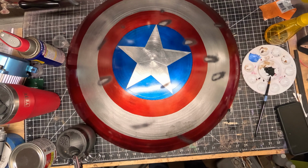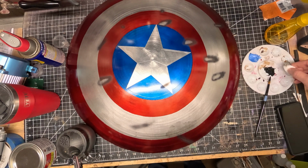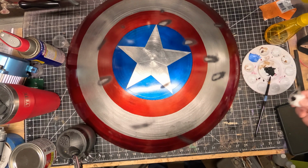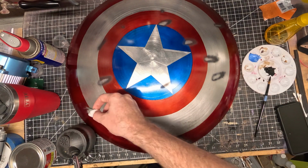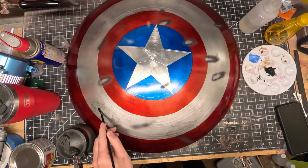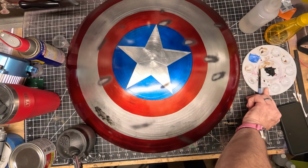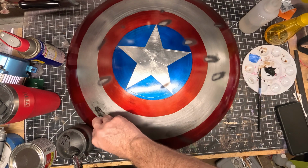And really what we're trying to do is basically tell a story with the hits here. So we want it to look a little bit explosion-y, shall we say. I feel like maybe these are working well together, so I lay it on with the brush and sort of